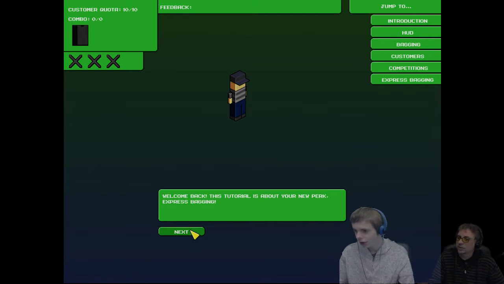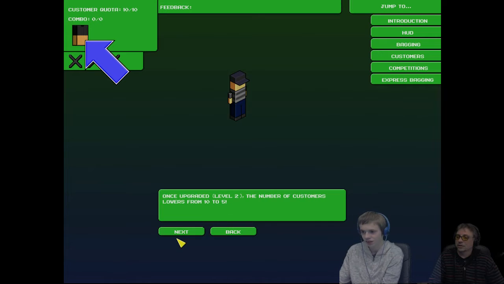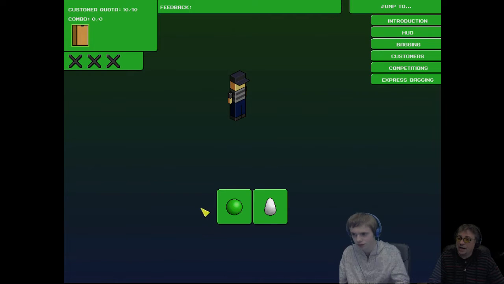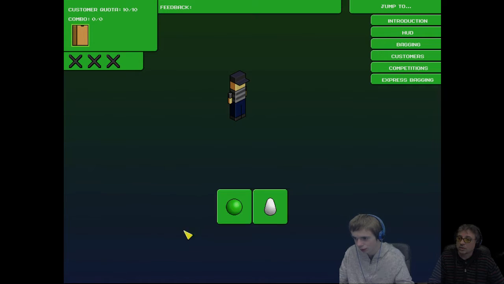Go ahead. New tutorial. Welcome back. This tutorial is about your new perk, Express Bagging. If you can string together a chain of 10 or more satisfied customers, you'll fill up the icon. Once upgraded level 2, the number of customers lowers from 10 to 5. Yay! Once it's full, you can quickly bag groceries with the push of a button. Yay! Which... You can do the keys 1, 2, 3. So those are 1 or 2. Please press the Express Bagging button. Once it's full, you can quickly bag...